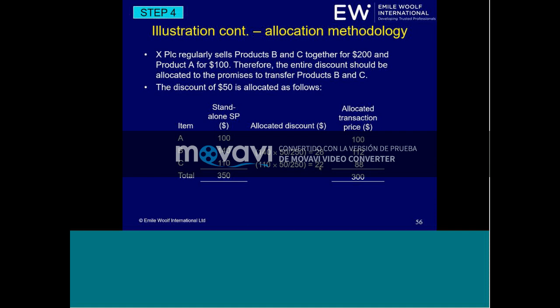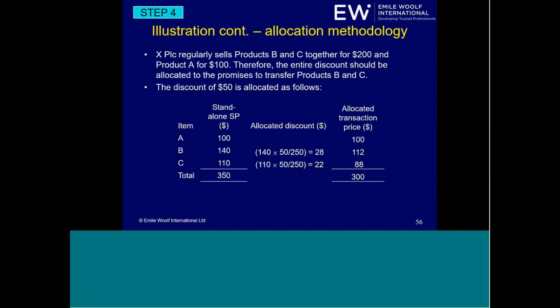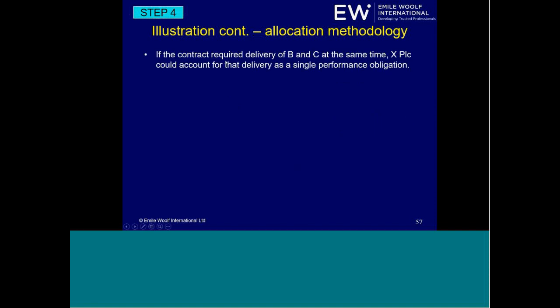Delivery B and C at the same time, then X could account for that as a single performance obligation. 50 will be allocated as B and C, a single performance obligation,